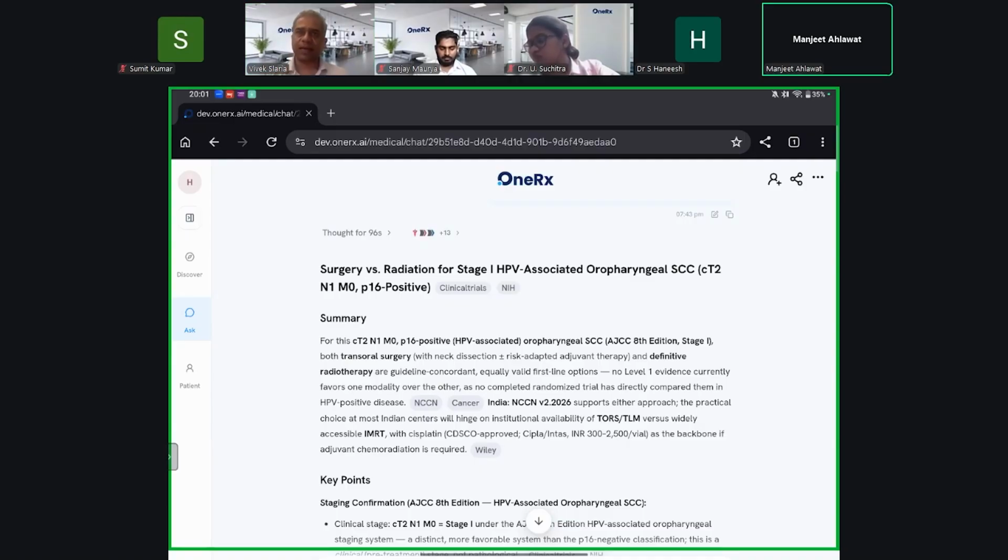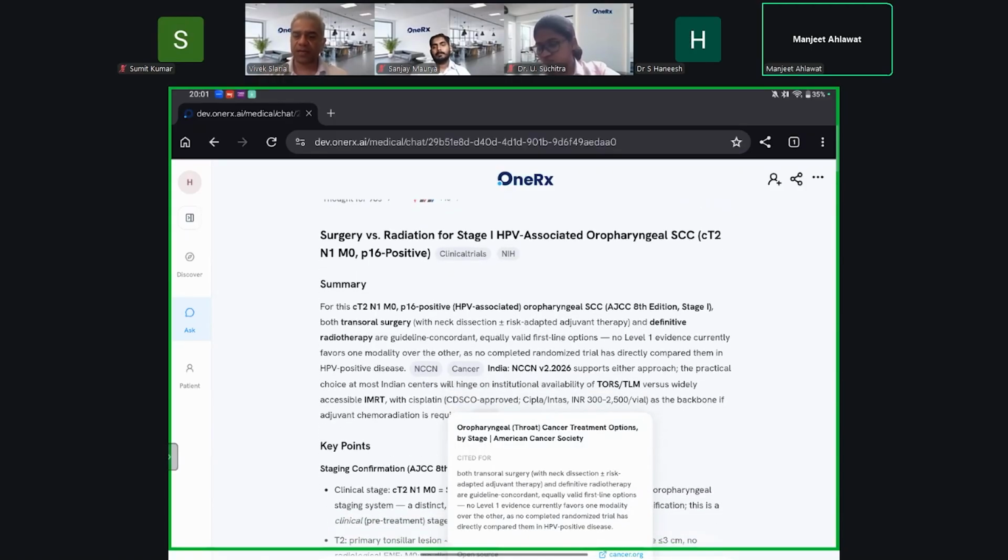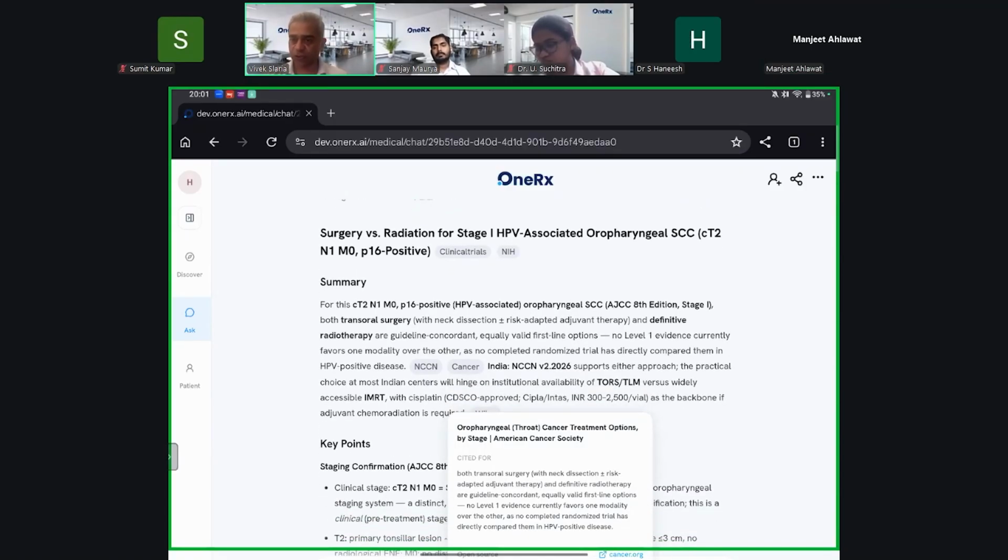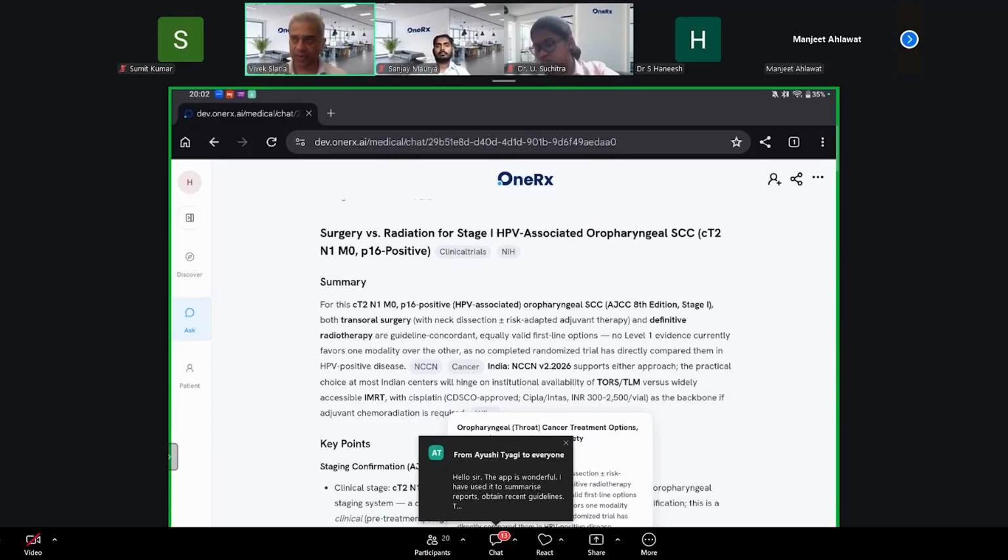Correct. Like, the patient goes to a medical oncologist, let's say, or to a surgical or a radiation oncologist. So, some note so that when the radiation oncologist looks at it, he at least has a view of what you are thinking about. It's a very fair suggestion, sir. Thank you so much for sharing this. We'll work on this and we'll build it for sure. I hear you completely.